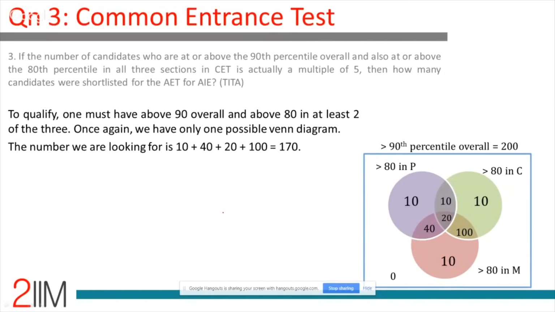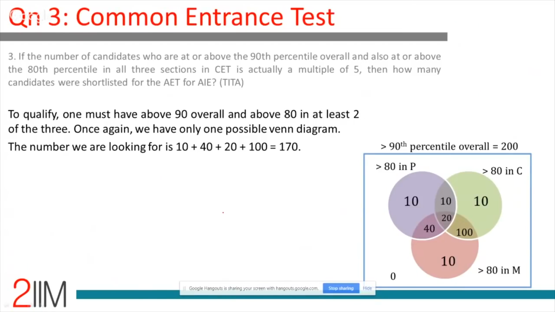If the number of candidates who are at or above the 90th percentile overall and also at or above the 80th percentile in all 3 sections in CET is actually a multiple of 5. Once again, he's taken us to that Venn diagram where the middle number is 20. Then how many candidates were shortlisted for the AET